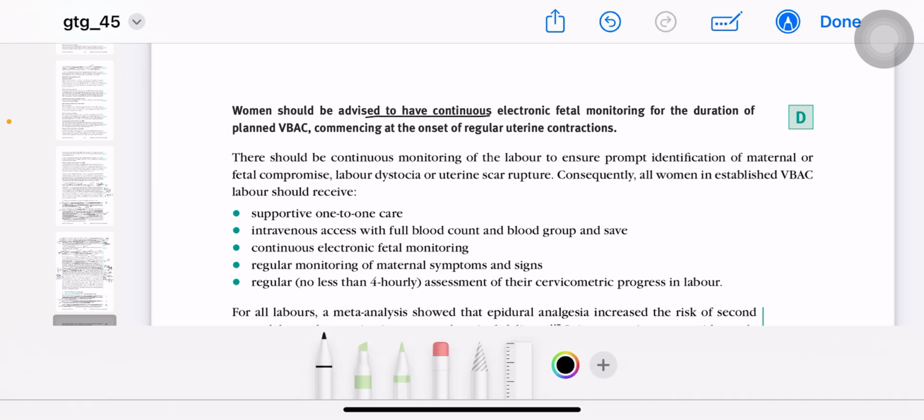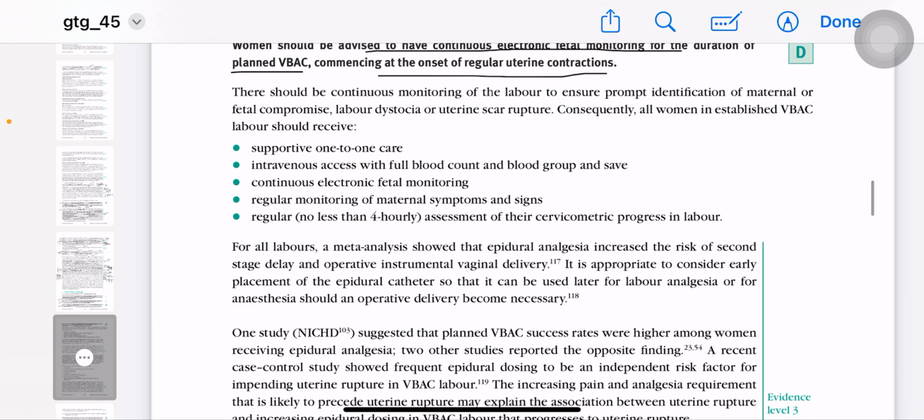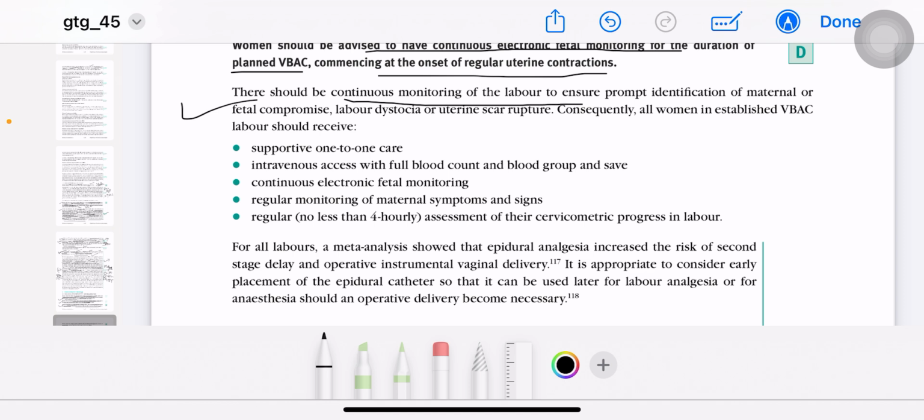Women should be advised to have continuous electronic fetal monitoring for the duration of planned VBAC, commencing at the onset of regular contractions. So one of the indications for continuous electronic fetal monitoring is a previous cesarean section. You will not do it in every patient, but there are certain indications we will discuss in intrapartum care. So whenever an MCQ comes with a previous cesarean section, and asks the best option to prevent further rupture or cesarean section,